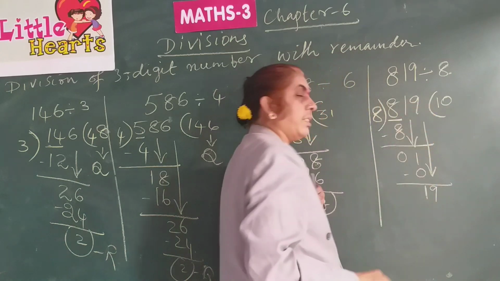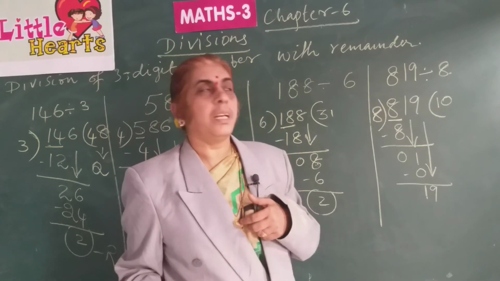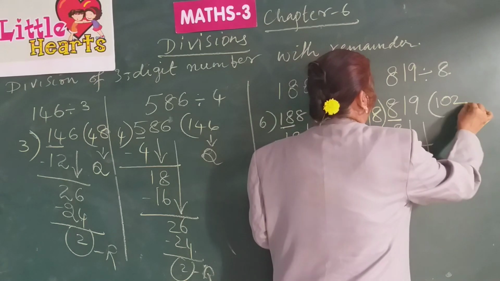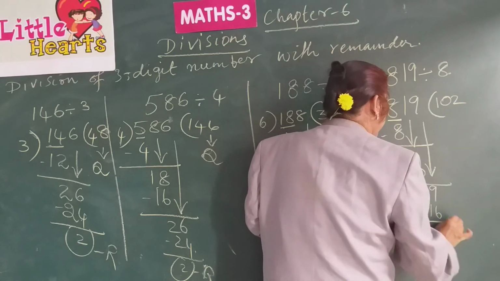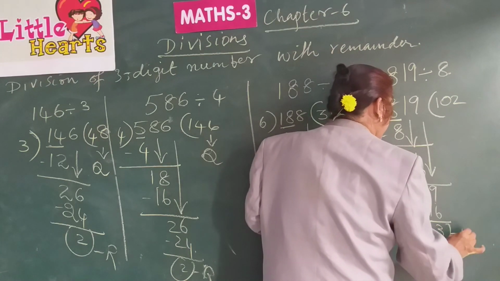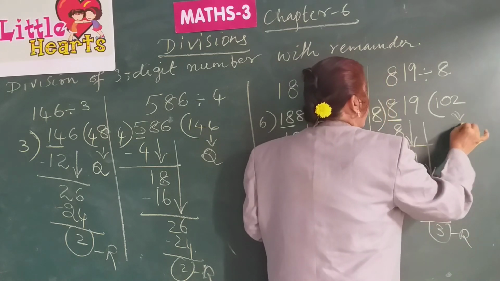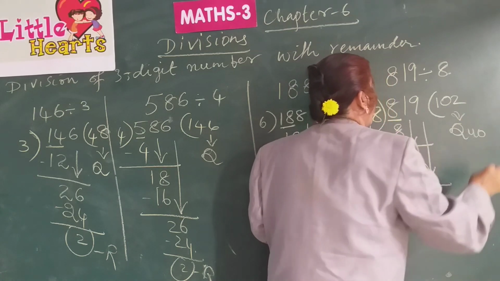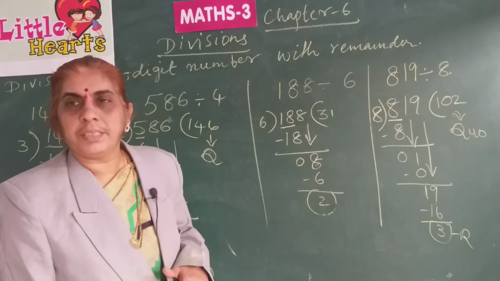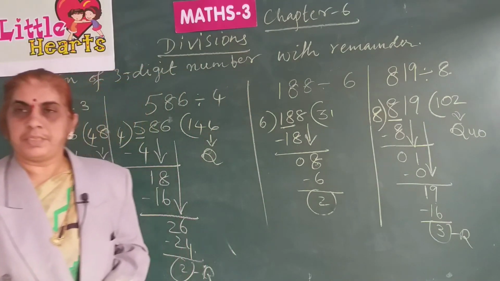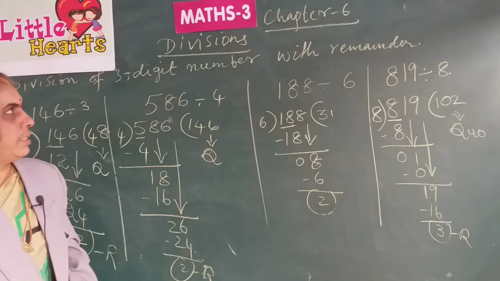Now it is 19. Go with the 8 table. 8 ones are 8, 8 twos are 16. 19 minus 16 is 3. This is the remainder, this is the quotient. So, if you are thorough with the tables, you can easily carry out divisions. Now let us go with